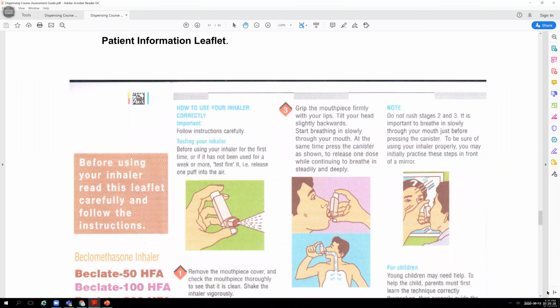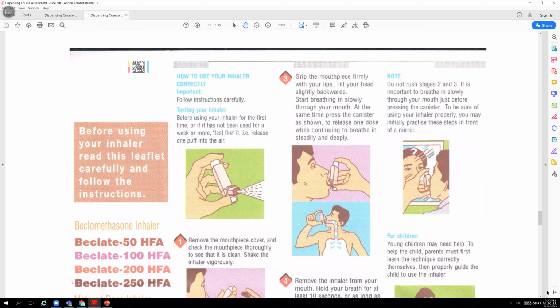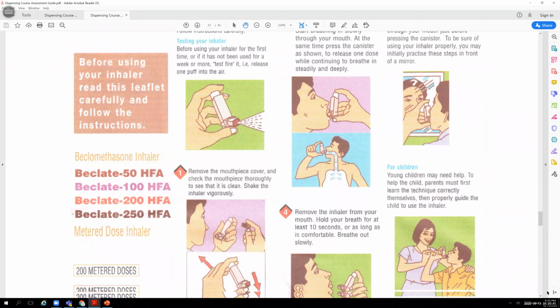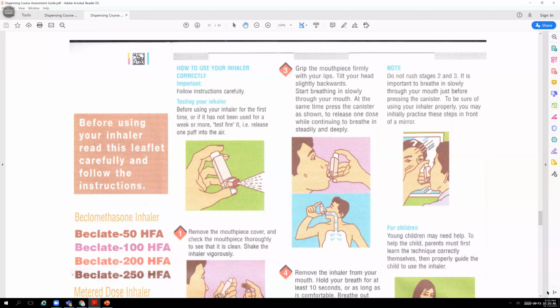What you can see is that it's got instructions. It is very clear. It's giving patients steps on how to use the inhaler, and the language is very simple. Healthcare workers can read it, but the language that is used is for a high school student, and it's very basic. And I think the use of drawings is very important, so that even people who cannot grasp the language can actually